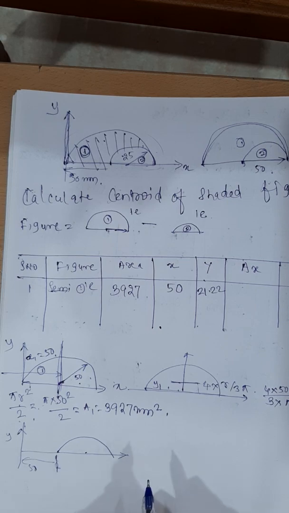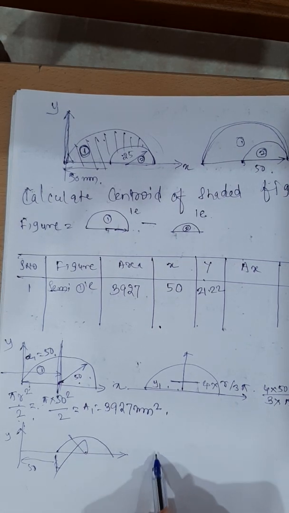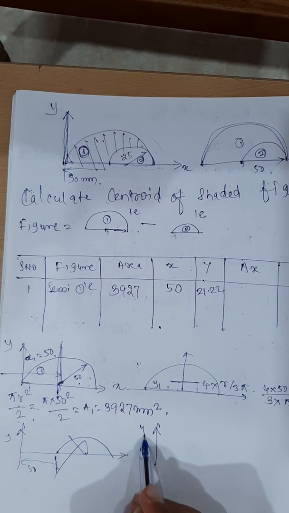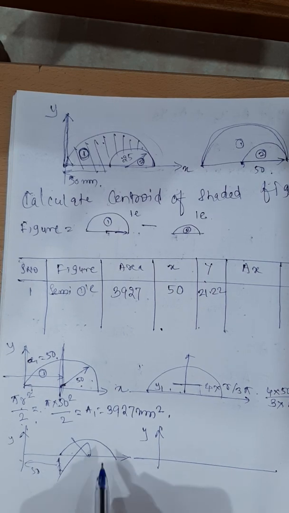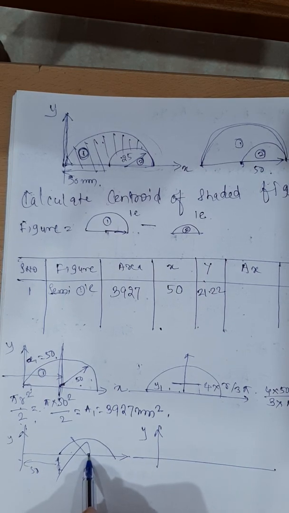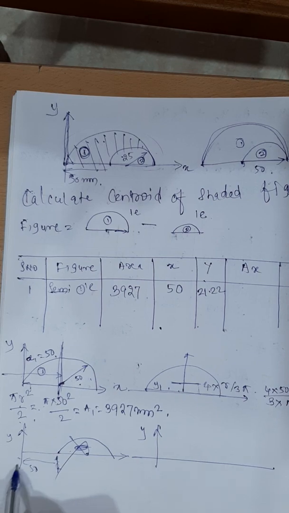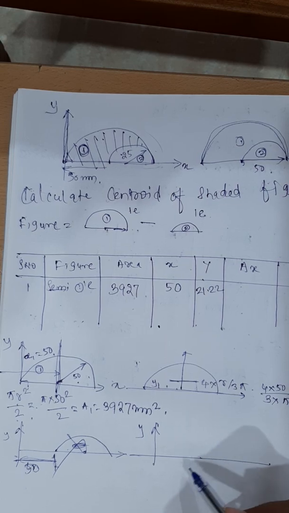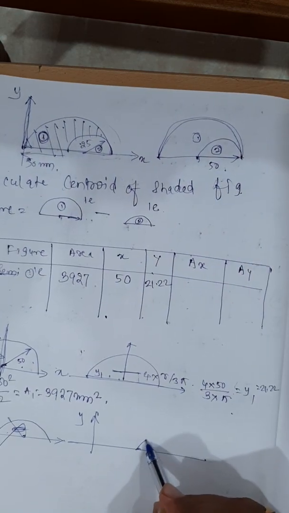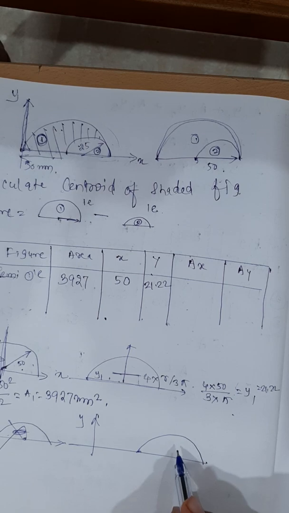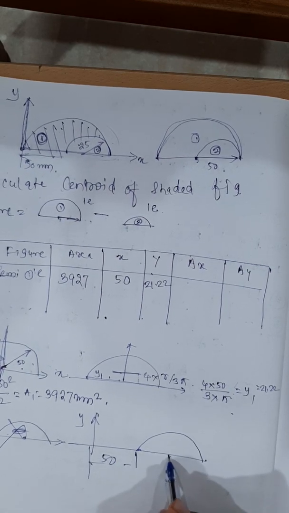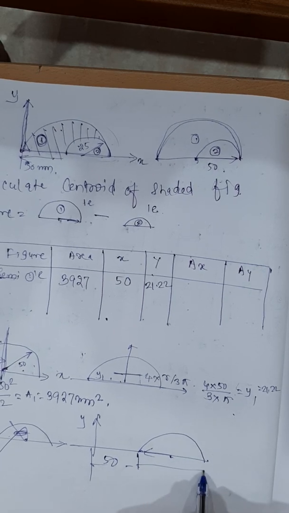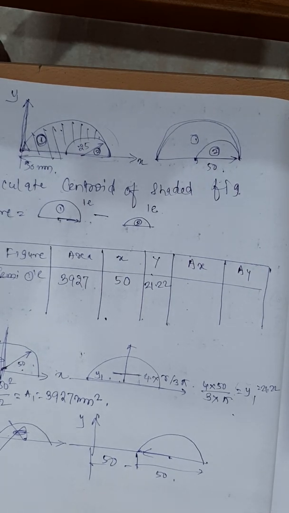Figure is not like this. Sorry, this is y line. Yes, right, this is 50. Center is somewhere here, so it has started from 50 here. The second figure is like this. This distance is 50. And as this radius is 25, this total distance will become how much? 50, right?